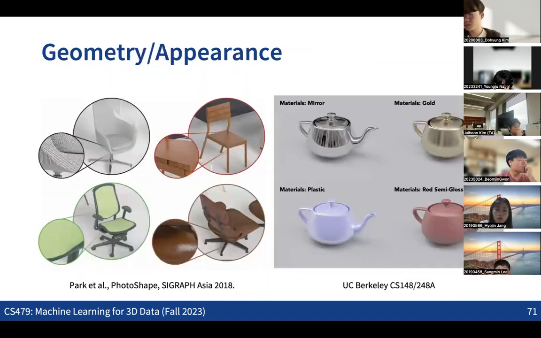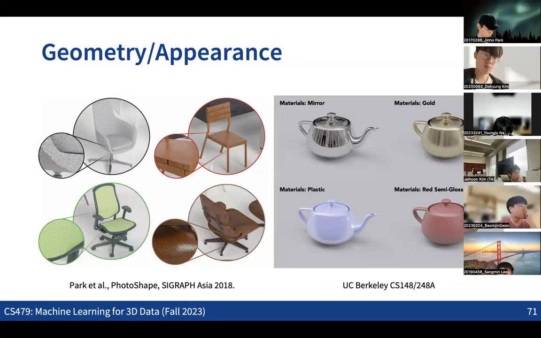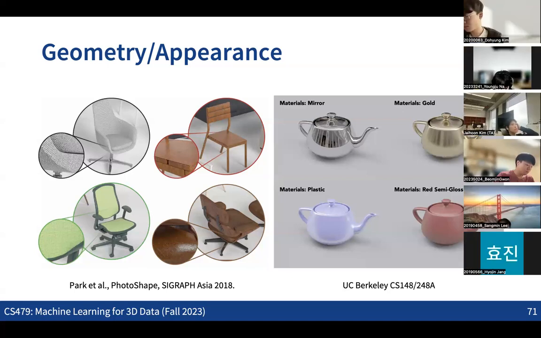And also for many kinds of 3D things, we want to disentangle some information about the geometry and the appearance, right? If you see many kinds of 3D models, typically they are represented with some kind of meshes that describe the geometry, and then some texture or material information that defines the appearance of the 3D objects. So if we disentangle the geometry and the appearance, then we can do this kind of editing.